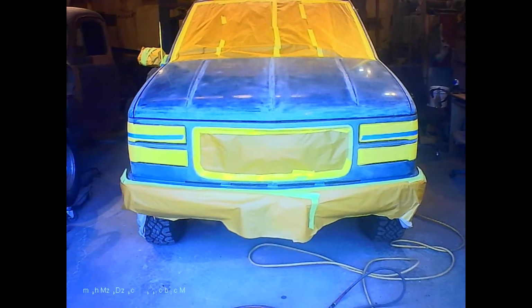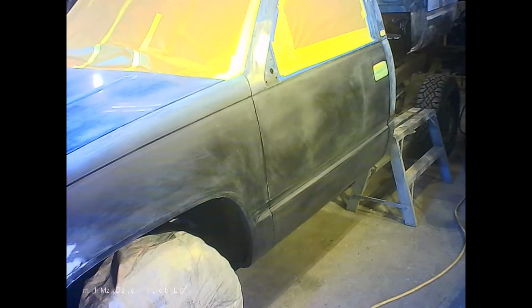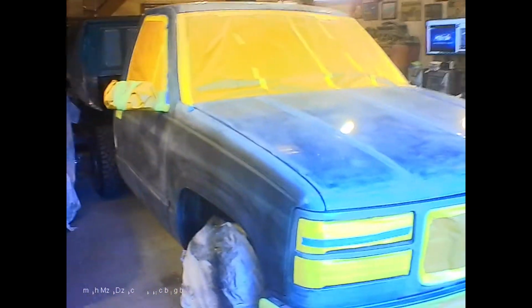Okay, well, it's Friday evening. It's all masked off. I scuffed the whole thing, did whatever touch-ups had to be done, got it all fixed up. So it's all been washed down with wax and grease remover, and she's ready to spray with high build